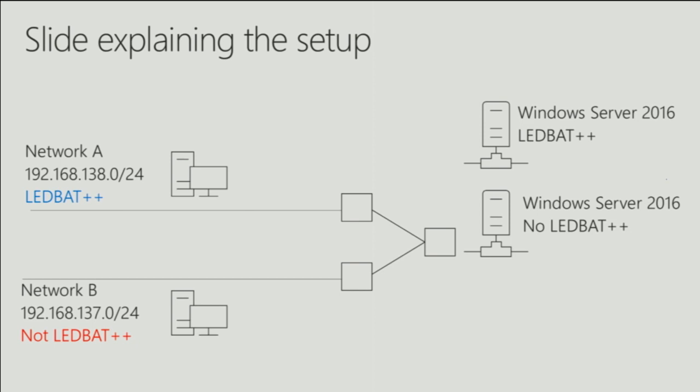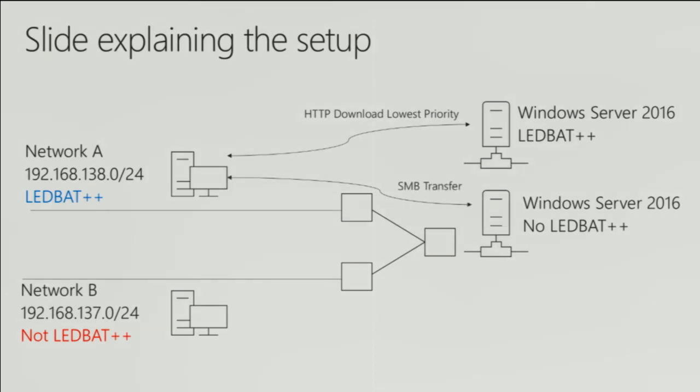This is one of these things that, out of the box, is very hard to show what is going on. So we're going to use one of our tools. We're going to release it for free. We had a bit of time to take all of the changes that we were doing to client systems and server systems out of it. But hopefully within a week or two, you should be able to download this as well and play around with it. We've got a client that's going to do a download from a 2016 server that has LEDBAT. That's the one that I showed. And it will happily go along, and I think it's actually downloading as we speak.